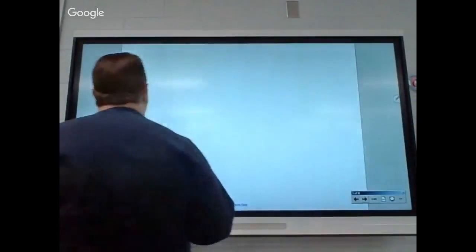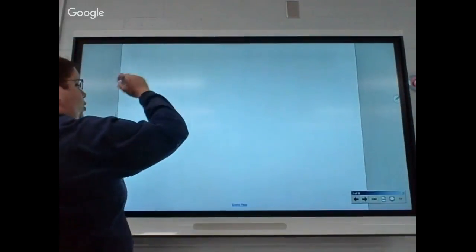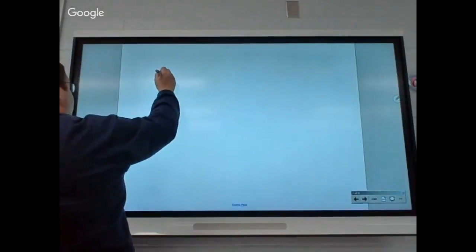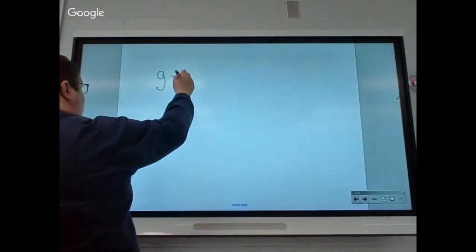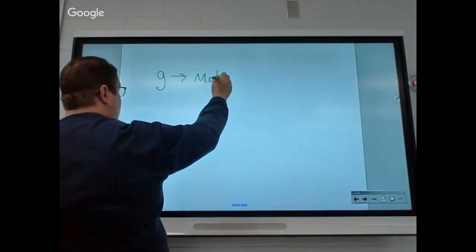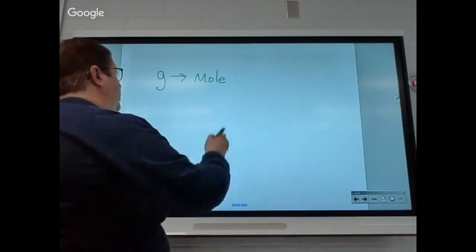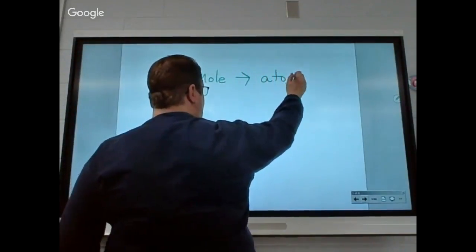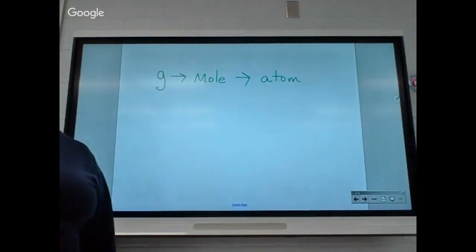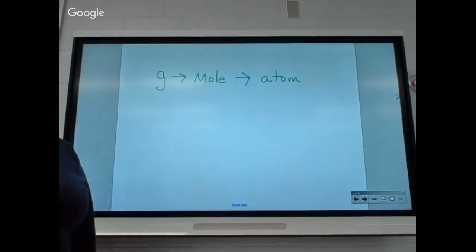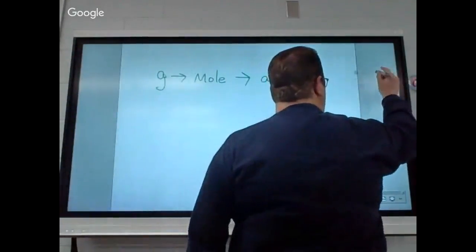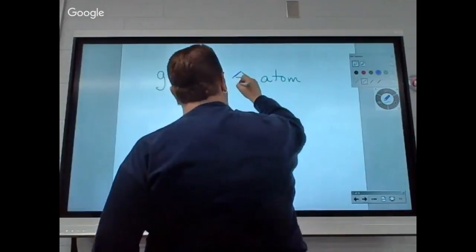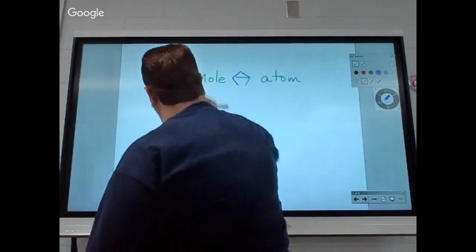Now, what are we going to do with this stuff? We're going to convert. Okay? So, when we convert, there's an order we can use. We have to go from grams to a what? To a mole. Now, from a mole, we can then go to an atom. Now, we can go in reverse also. If we're in an atom, we can go from an atom to a mole, and from a mole to a